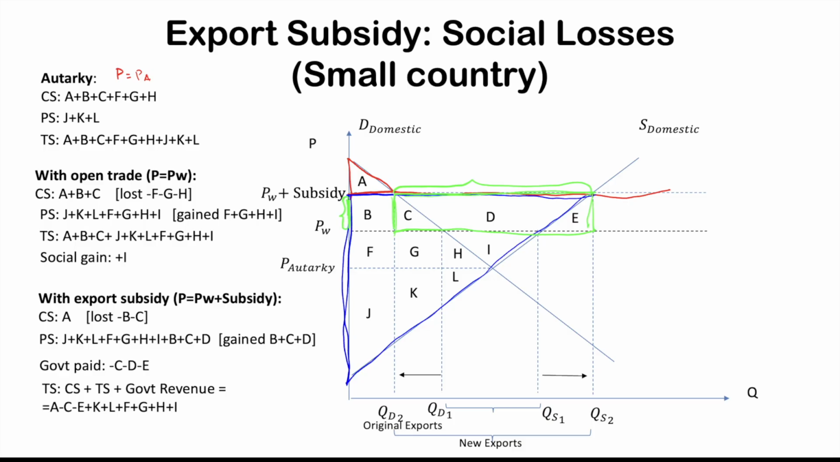And so when we combine the total surplus, we find that there is a social loss that occurred. So the social loss that occurred from the subsidy is area C and area E. Area C is because